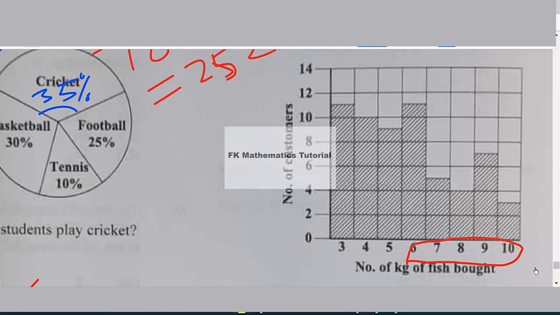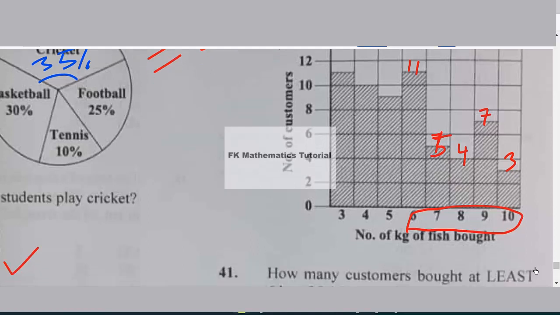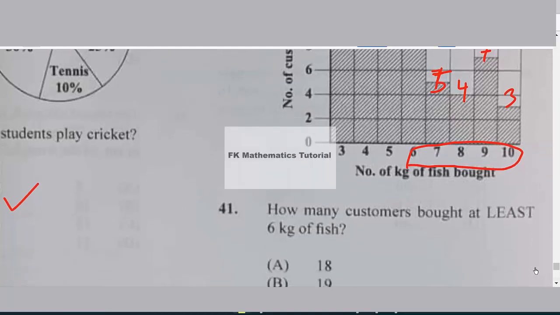So we are going to add the frequencies. So we have 11 here. Then we have, this is not 7, this is 5. We have 5 here. We have 5 here. Then we have 4 here. Then we have 7 here. Then we have 3 here. So let's add all of them. 11 plus 5 is 16, plus 4, 20. 20 plus 7 is 27, plus 3 is 30. So it means we have 30